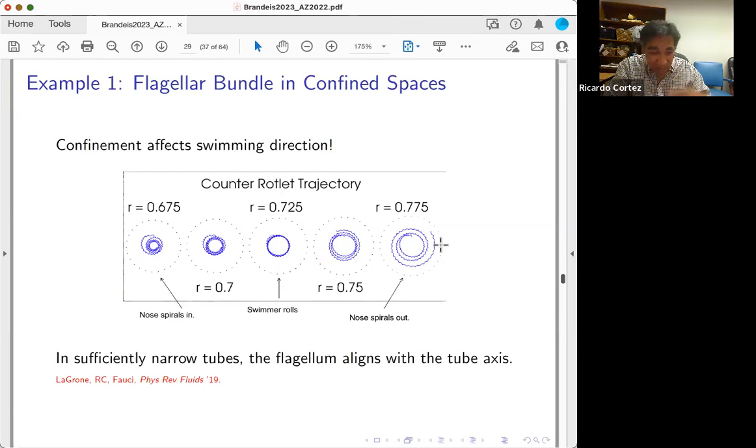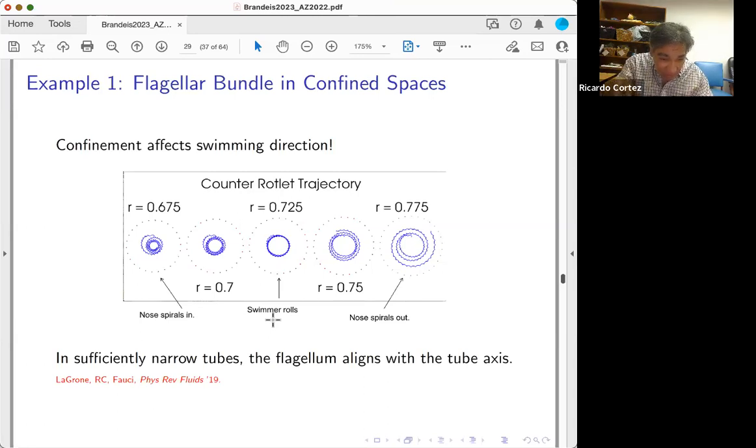In fact, it ends up hitting the wall at some point and crashing. And then the one in the middle just simply rotates in a circle, so there's a particular radius tube that makes the swimmer just kind of roll, but not